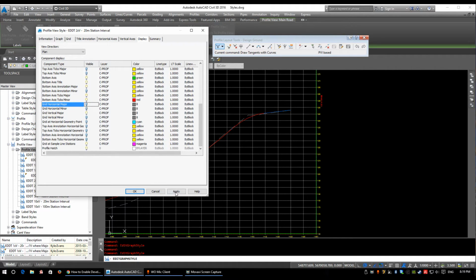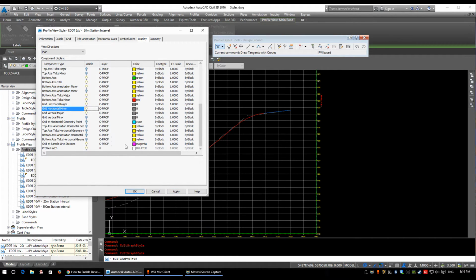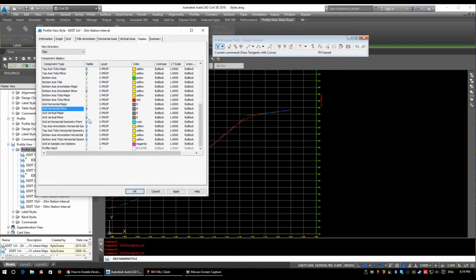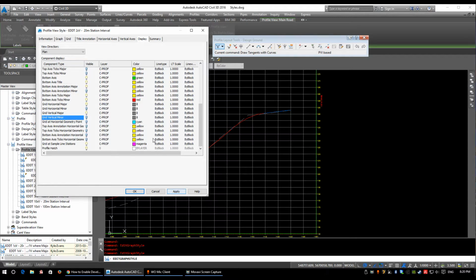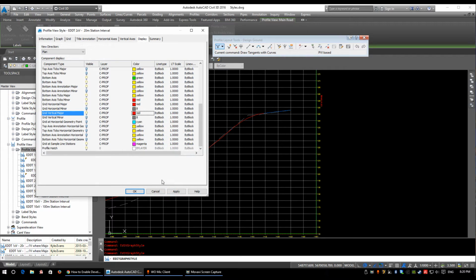And we can turn the grids off completely if we want. There's the horizontal major. If I turn the horizontal minor on, every meter or 2 meters this is set for, it's going to draw another line. Same with the vertical minor. Put the line every time we have a vertical tick. And again, you can control the color of these. So if I set the majors to color 1, it changes the colors of it. So you will definitely have to modify colors in your styles,